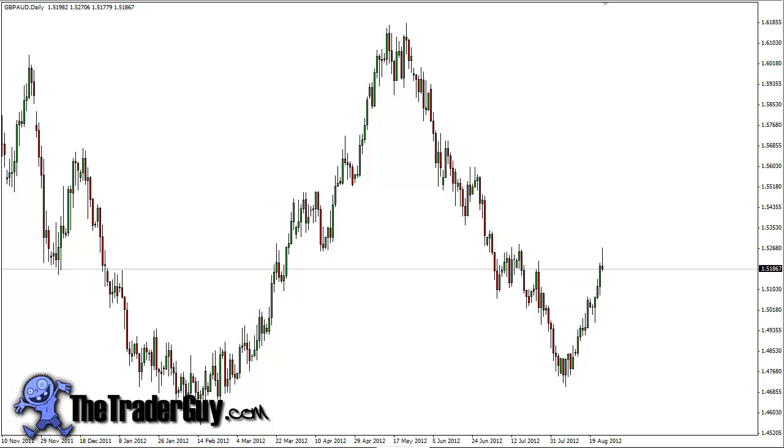Hi, this is Chris from thetraderguy.com again, taking a look at the quote-unquote chart of the day. And for those of you who haven't seen the first couple ones, this is just simply me looking at a chart somewhat on the fly. I try to find something at least somewhat interesting before I make a video about it, of course, but I